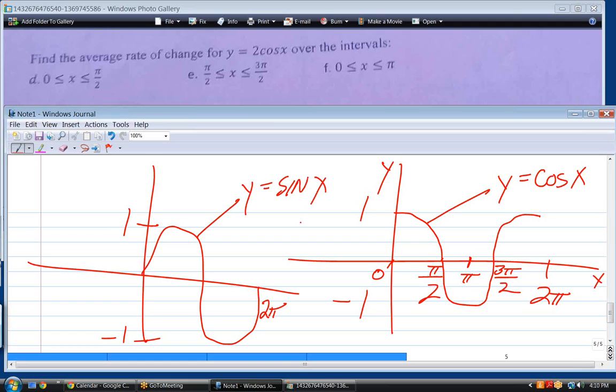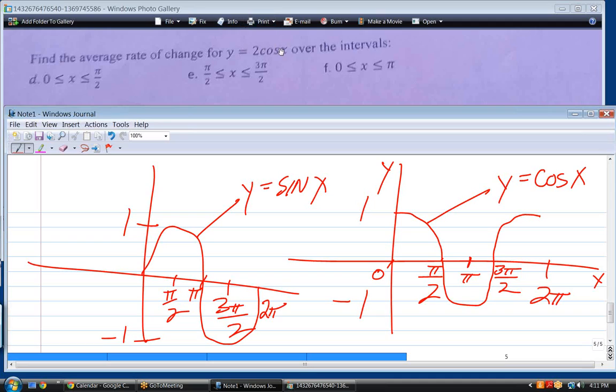Everything you see on my screen right now. And what do you suppose that is? Pi. And what is that? Pi over 2. And what is this? 3 pi over 2. All right. This is key. Not just for what you're studying now, but next year. Very key. You want to have these two things memorized. Okay? So,